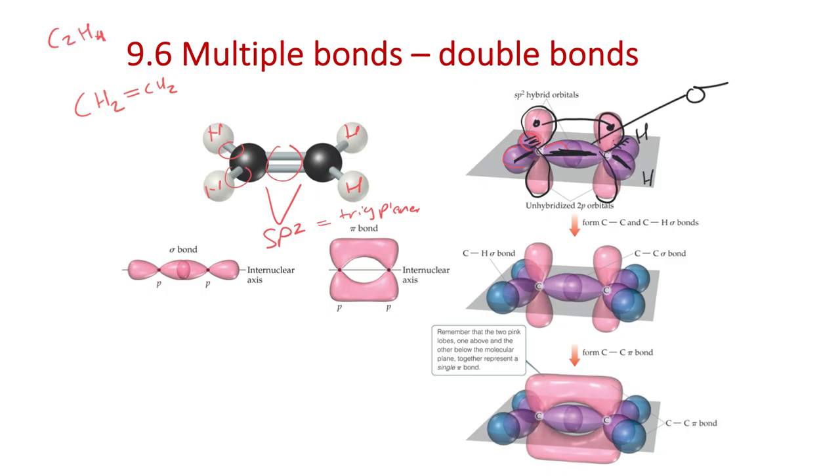And then anytime you have a bond that looks like this one here, where it's now in the plane of the bond instead of the axis of the bond, that's like a planar bond. So notice that looks more like a plane. So we call it a planar bond or a pi bond. So we get that pi bond to form between the p orbitals. Now, when we look at carbon,